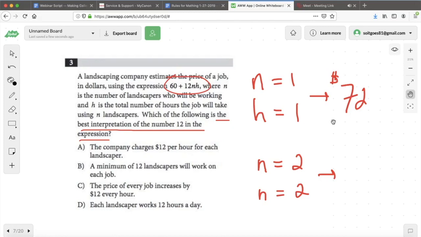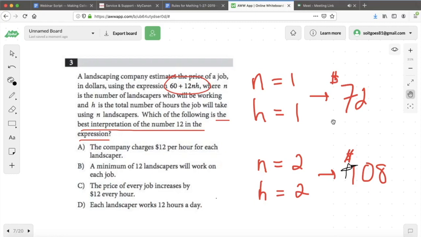108. Yeah, I think that's right, because it's 12 times 4, right? And then that's 48 plus 60, so 108. Okay. Notice, by the way, we've increased the hours of the job, right? It was 1 hour, now it's 2 hours. How much did the price go up? It didn't go up by 12. $36. Yeah, $36, right? So this is 108 minus 72. It's $36, right? So it went up by an hour, but it didn't go up by $12 an hour, which